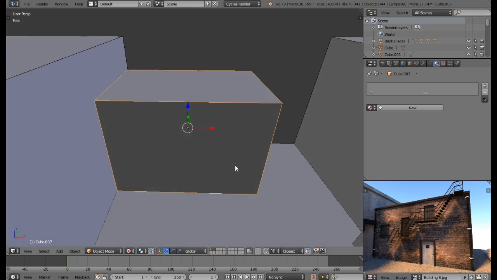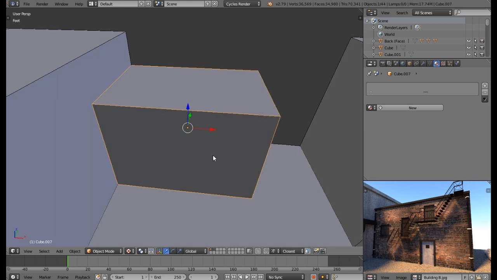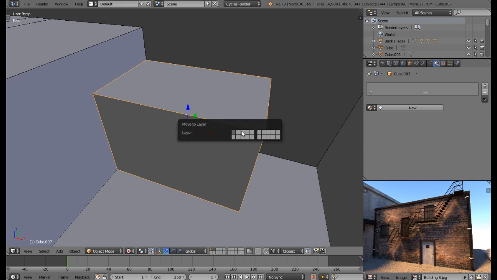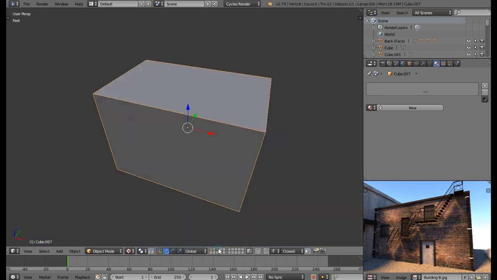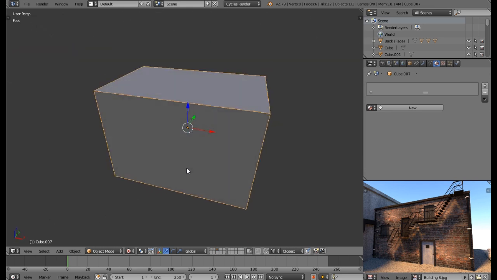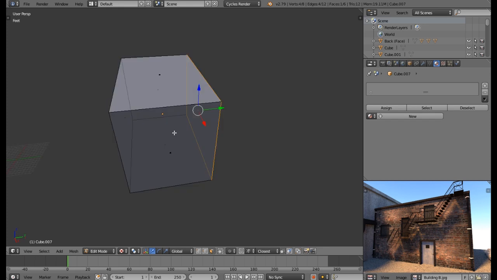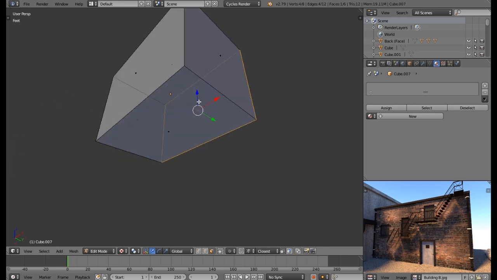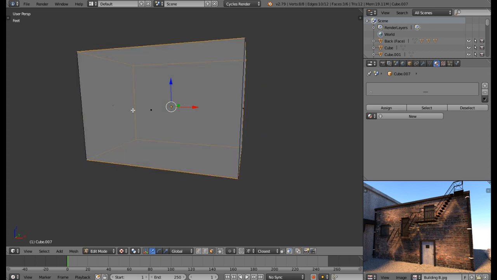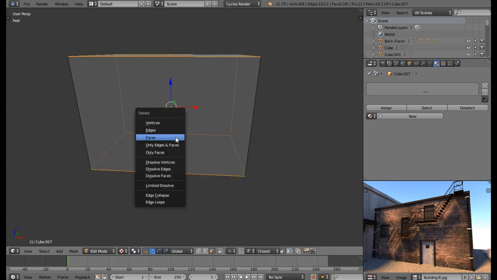First thing I want to do is I'm gonna move this cube into another layer so that we can work on it separately. So with this cube selected, hit M and go to the 3rd layer. Let's go to it. So the first thing I would like to do is I'm gonna delete some faces, like the back, the bottom, because we won't be able to see the bottom of this building, and the top. But for the top I will come back later to it and work on it. So now let's focus on these sides. I'm gonna delete these faces